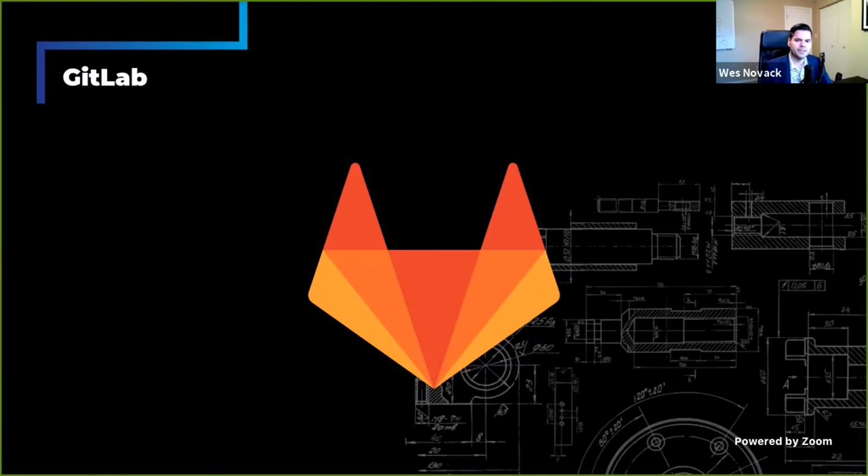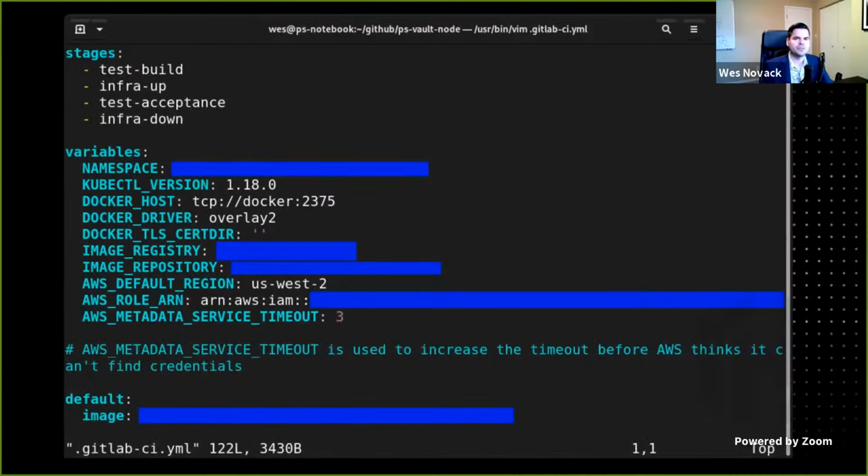All right, so let's move on and talk about GitLab, which is the glue that holds all of this together for us. GitLab is our CI/CD solution here. And again, as I mentioned on one of the previous slides, we've got this .gitlab-ci.yaml file, which defines your pipelines as code. So at the very top of your GitLab CI YAML file, you normally have a definition for all of the stages in your pipeline.